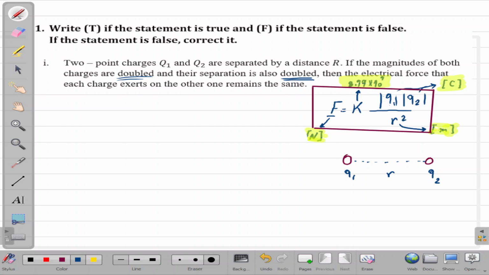In this video we are going to solve the exercise related to lesson 1, electric charges and electric forces. Recall that the electrostatic force can be calculated using this formula: F is equal to K Q1 times Q2 over R squared. One more time, F is equal to K Q1 times Q2 over R squared, where F is the electrostatic force